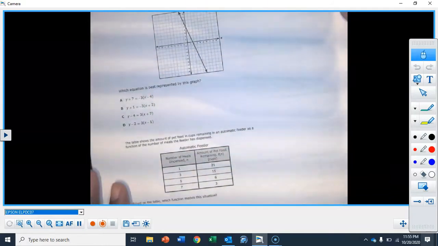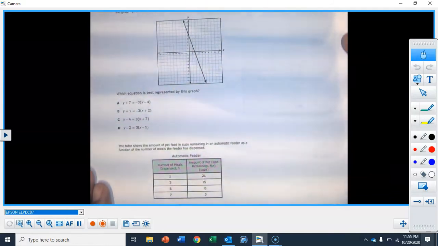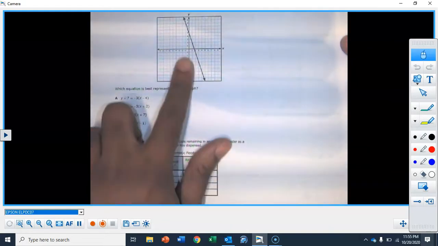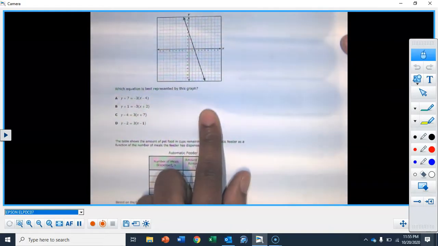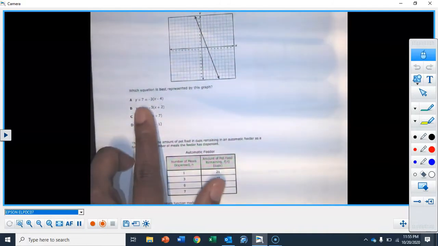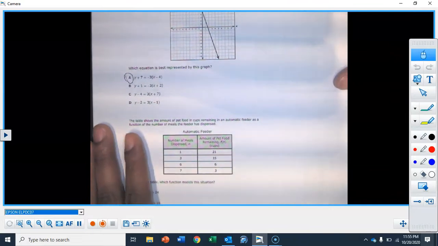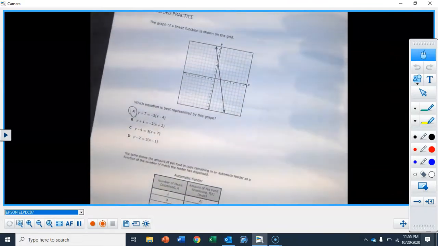All right. So on this one, I also want to say that I went over this problem as well because I pulled 3 points off the line and then I proved to you that the answer is going to be A and not B. So we're just going to go from there. 1 second, I got to get situated.